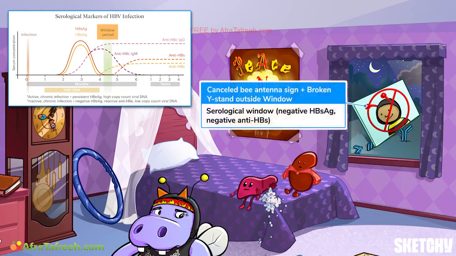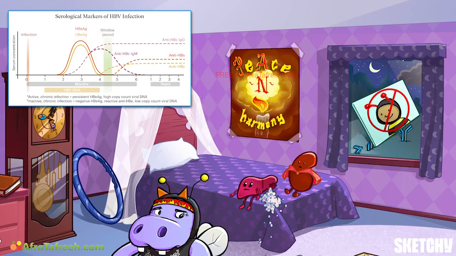To help you extra remember this highly tested concept, take a look at the sign outside our hippo's window, which features a canceled out B antenna, because there is no detectable surface antigen. But also notice that the Y stick stand is broken because we also have no detectable surface antibody in the serologic window. If surface antigen is negative and other antibodies are positive, including surface antibody and core IgG antibody, think